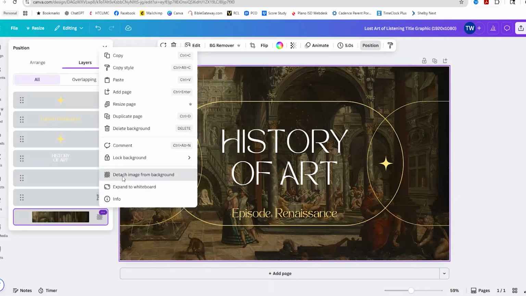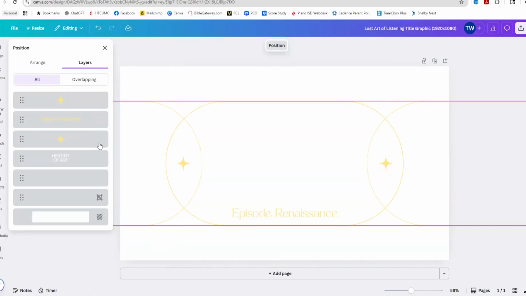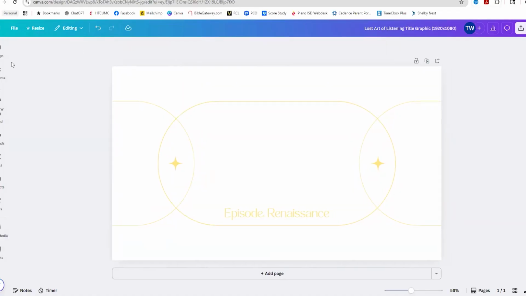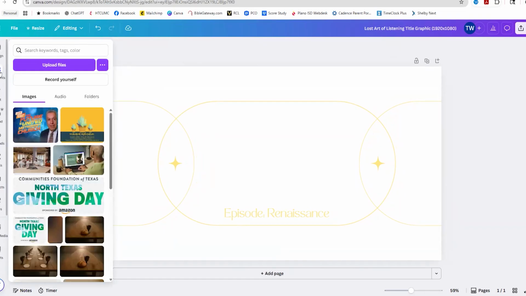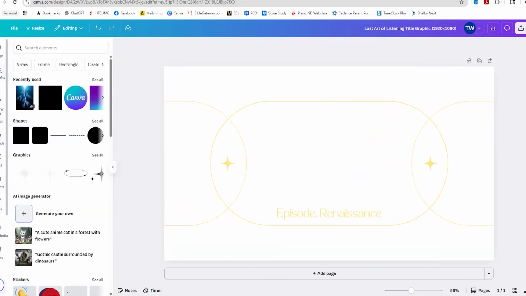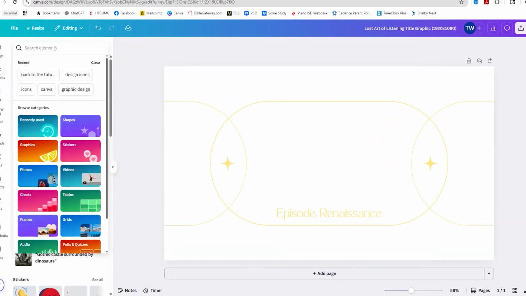So I'm going to detach that image, and I'm just going to delete it. And then I'm going to go over here to the left side. This is where you have all your widgets to help you create this graphic. I'm going to go to Elements, the thing we talked about earlier, and I can search elements. So I'm going to put